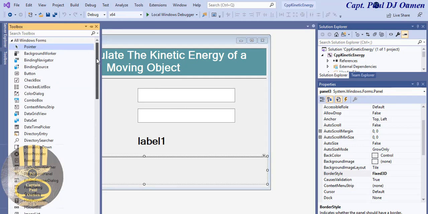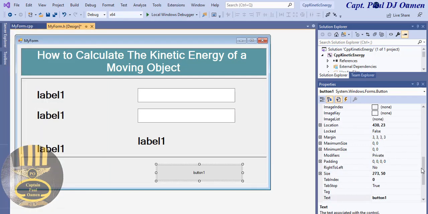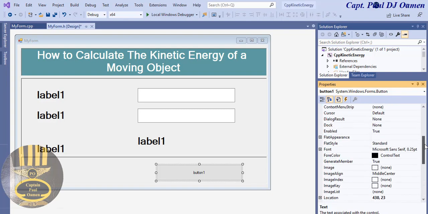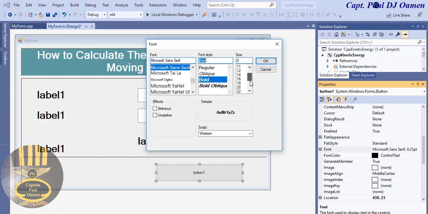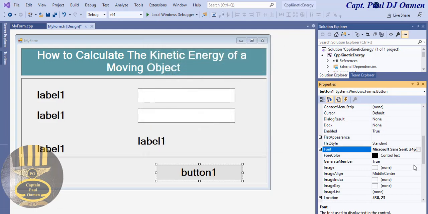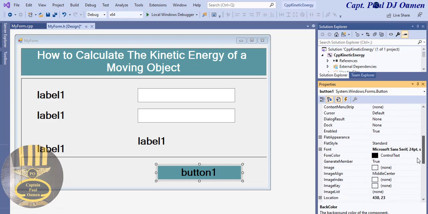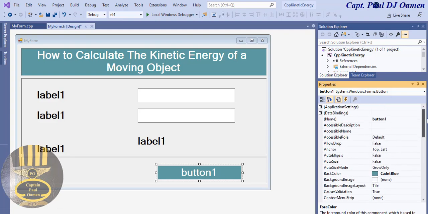And the next thing, let me add some buttons here. I need about 3 of those. There we go, that's my first button. I'm going to change the font size and the background color of that very button. Let's come right here, change the font to 24 bold, and the background color, make that cadet blue. Change the name to button highlight, yeah, and let's change this very one to BTN